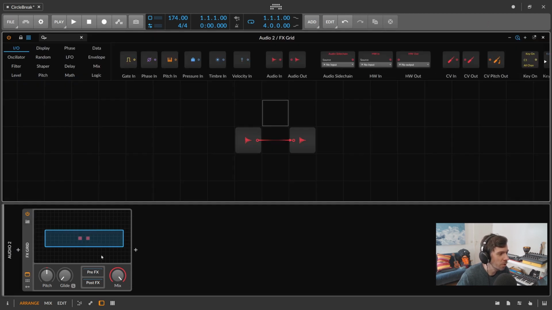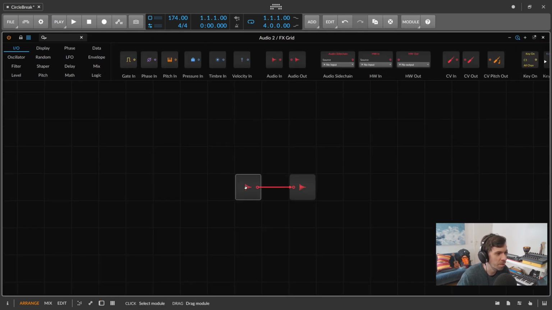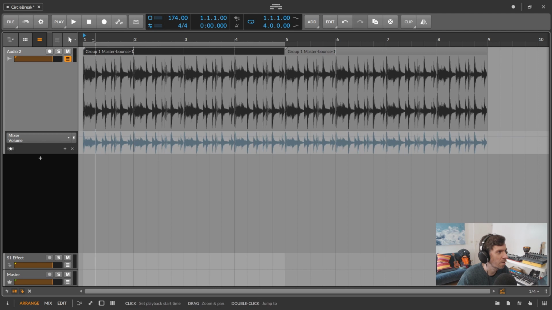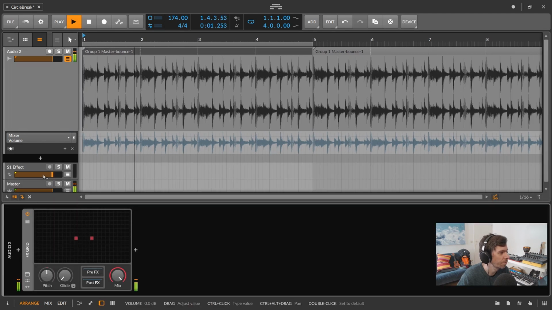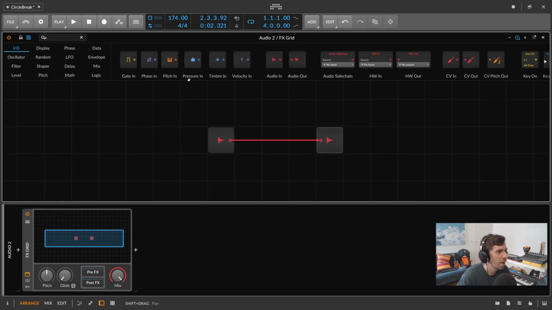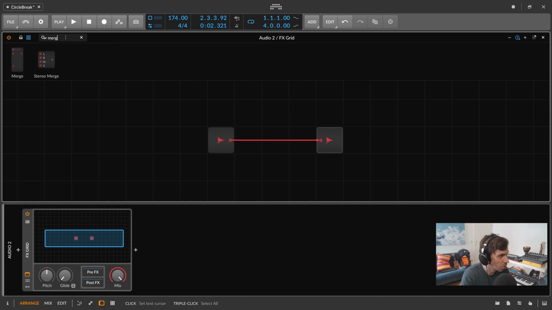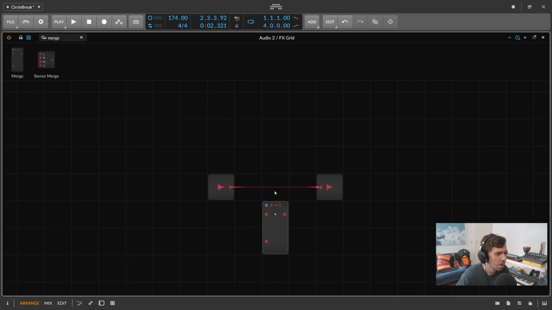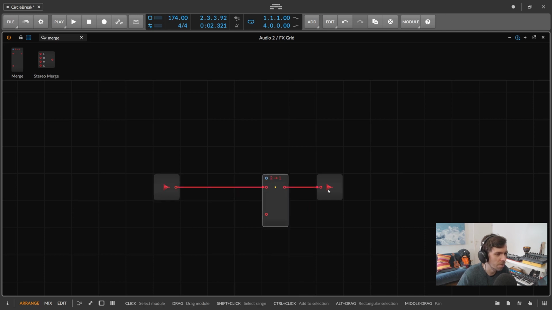And in the initial setting of the FX Grid, we have basically an audio in and an audio out, and that's exactly what we need. So in this case, it sounds exactly as before. And now we use here a merge module. And this one just takes two inputs here and gives us one output. Okay, so when we do this, it's exactly the same as before, but now we have a second input here